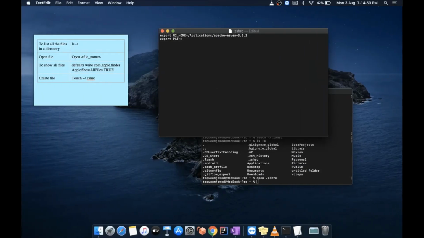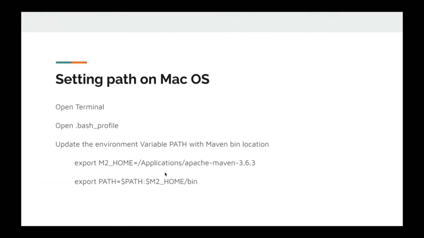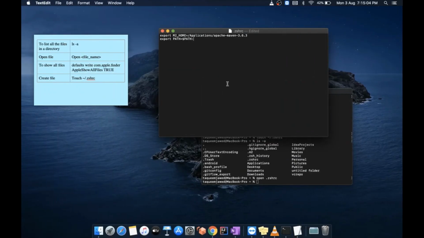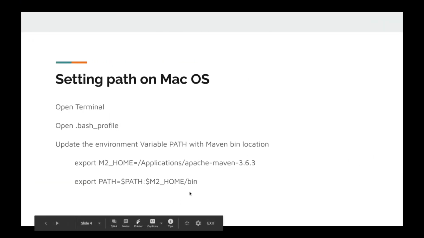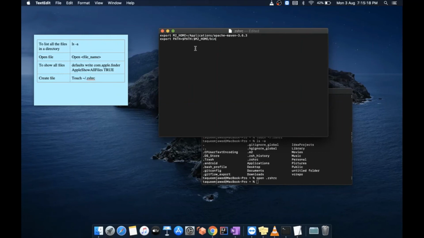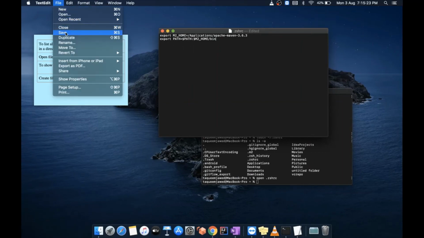For this we need to write the dollar symbol PATH, then we need to add $M2_HOME/bin. Now it's done.